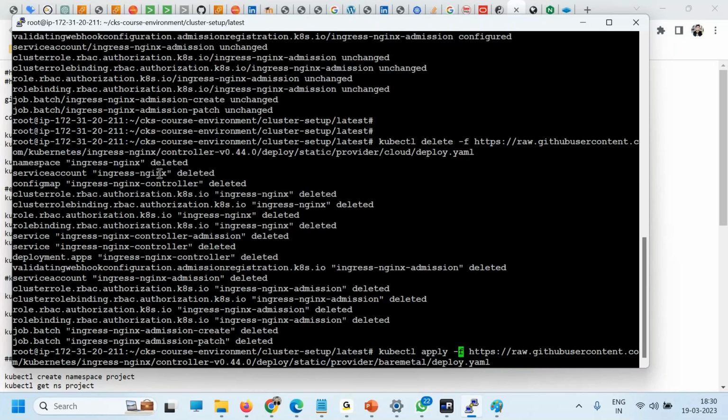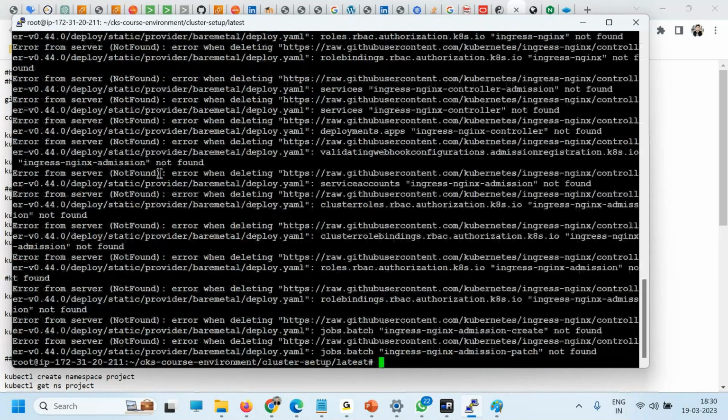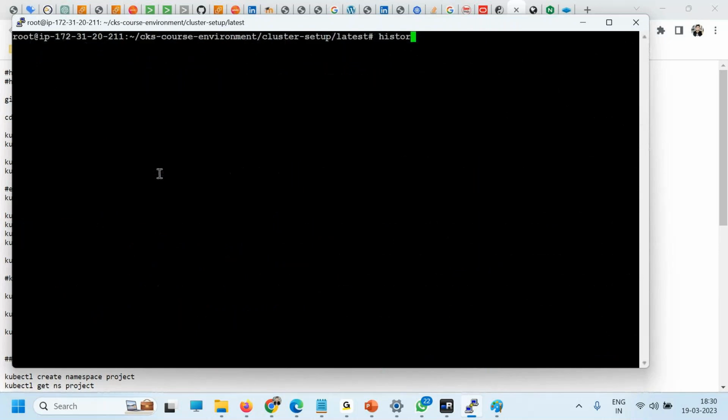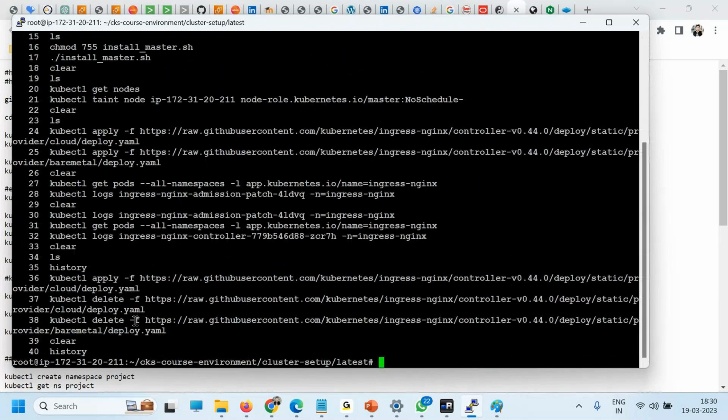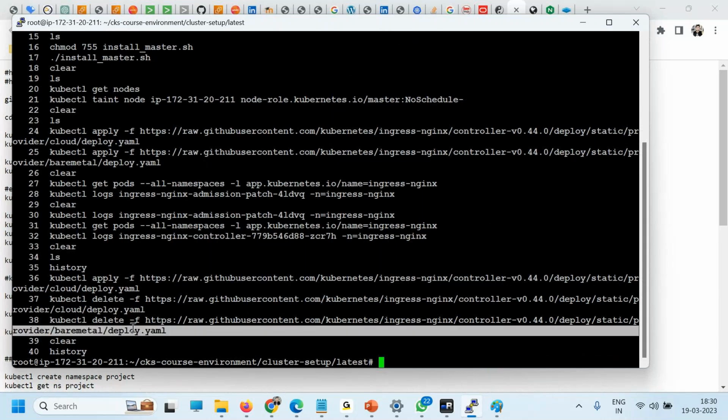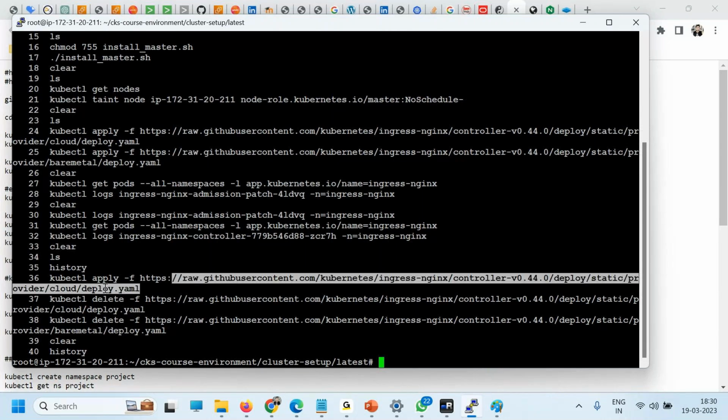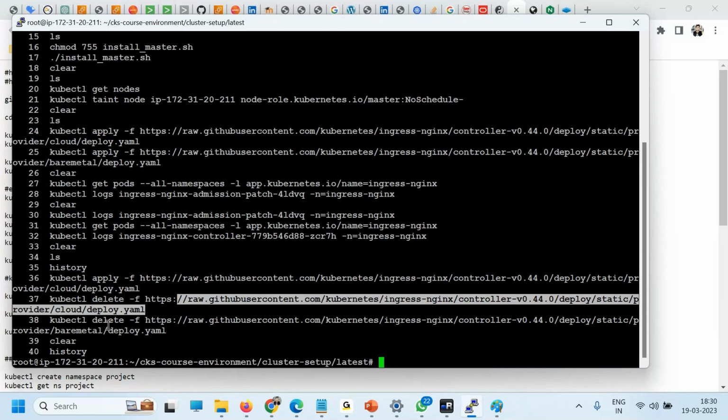It will work, but I just want to avoid it. So delete bare metal deploy, done. So kubectl get ns,